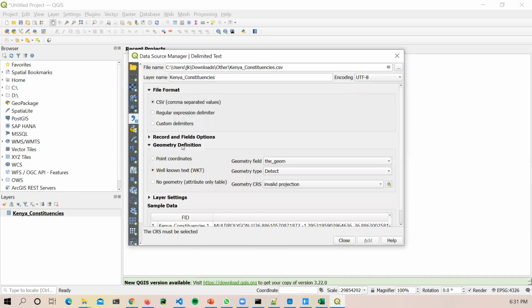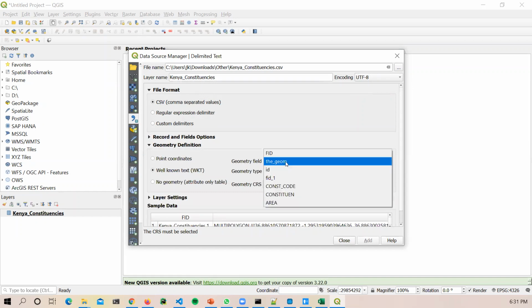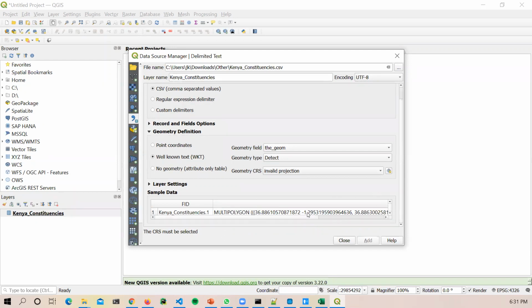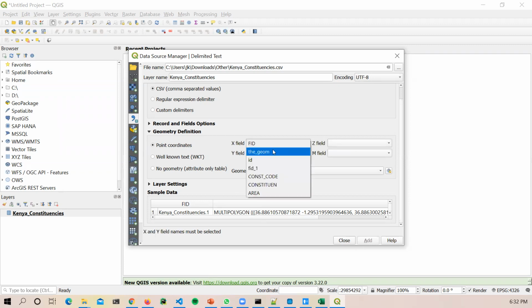Then we have this geometry definition. So geometry field, the geom, type, you can leave it there so that it can detect. However, if I'm not sure, I can come here and check which is this column. And you notice this column does not have a name because it already identifies this as geom, okay, because of the way it is arranged, the multi-polygon. You can also check on this. If I know the X and Y values,